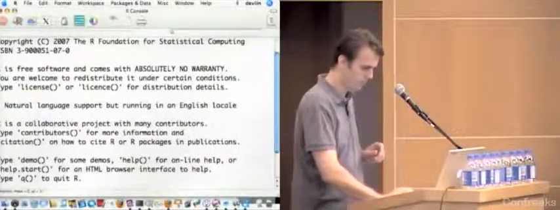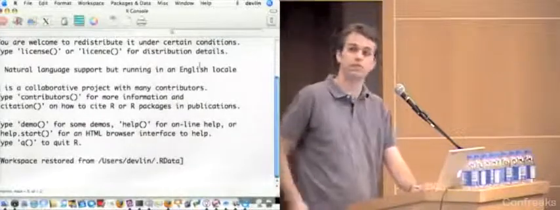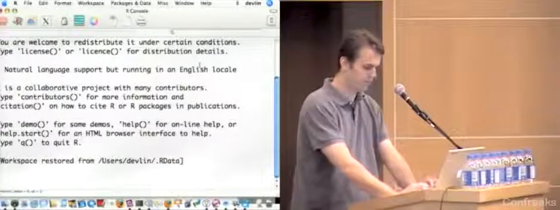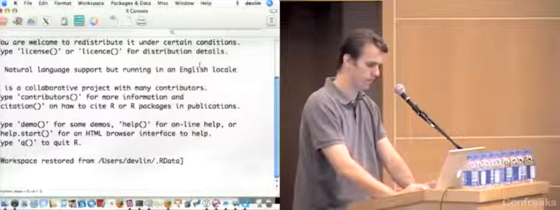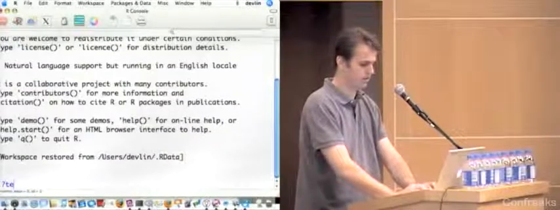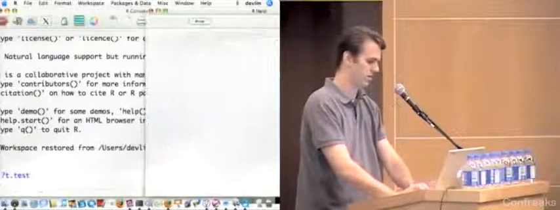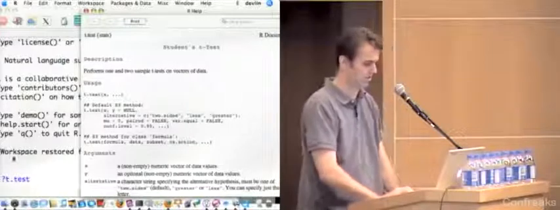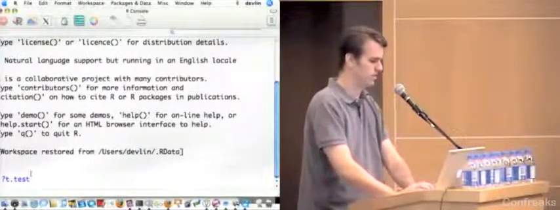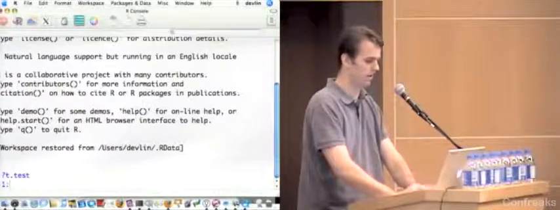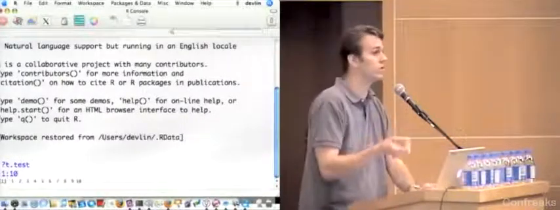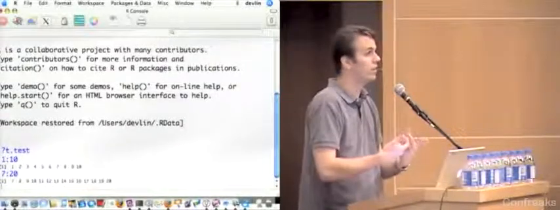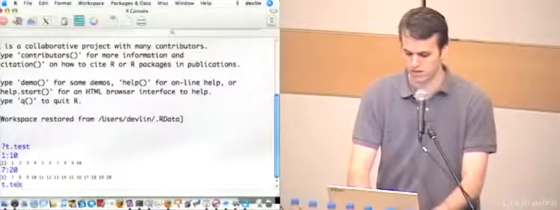This is R. It's an open source statistics analysis program. It's pretty good, it's pretty hardcore though. We can ask R to give us the documentation on what the t-test is. To keep it really simple, let's say that we sample something and we have the numbers 1 through 10, and we want to see if the numbers 7 through 20 are from the same population. So we can just run a t-test.